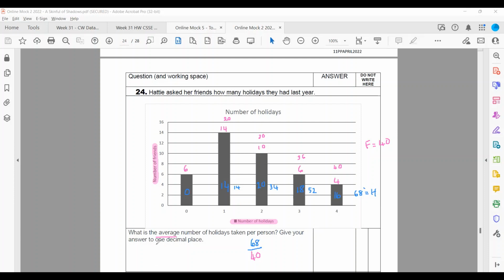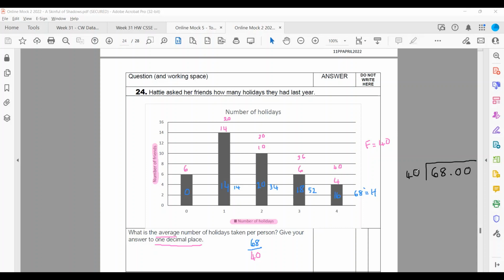Now they've asked for the answer to be given to 1 decimal place. So therefore, we're best to set it up as a bus stop with 2 zeros, because we know that 40 isn't going to go into 68 exactly. Now I'm going to do my working out over here just because I haven't got a lot of room down the bottom here. And I'll do this using both short division and long division, depending on which method you use. So we're doing 68 divided by 40. We know they want it to 1 decimal place, so I'm going to take it to 2 because I may